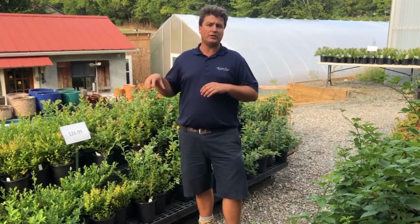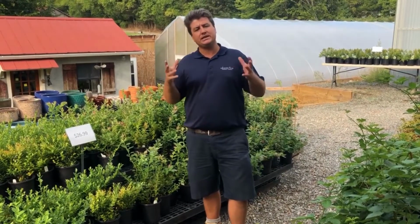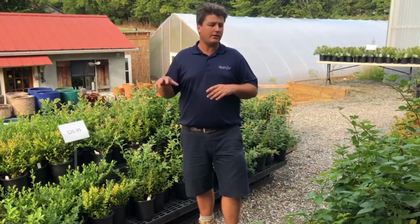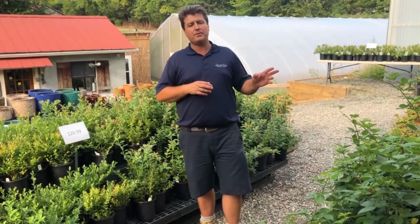Different sized foliage, a lot of them turn a real pretty auburn, kind of burgundy color in the fall as the seasons change. And then in the spring as they leaf out, really pretty blooms to it as well. So growing berries on the deck with these particular varieties isn't just about the berry, it's also quite a nice ornamental plant as well. Got a few different types of blueberry, got a raspberry and a blackberry as well,